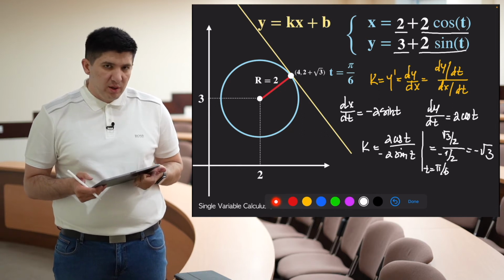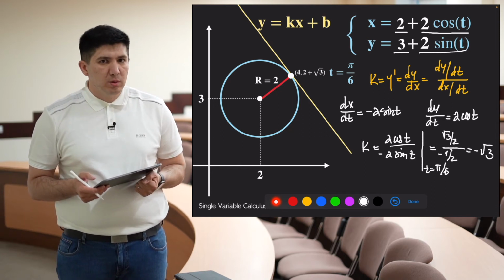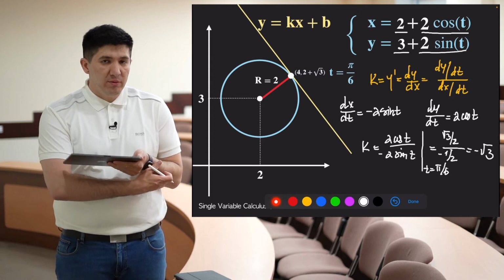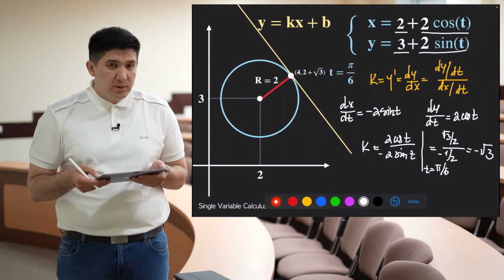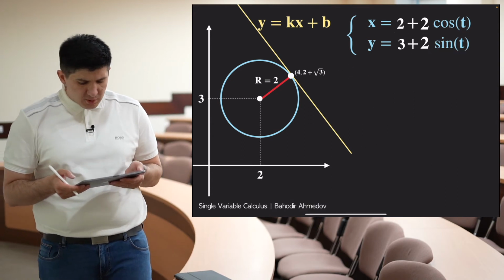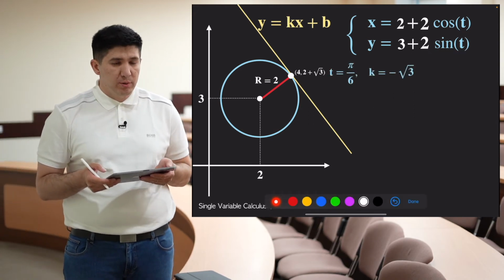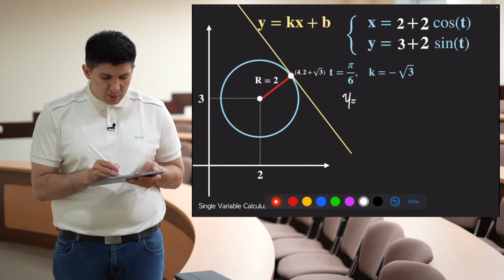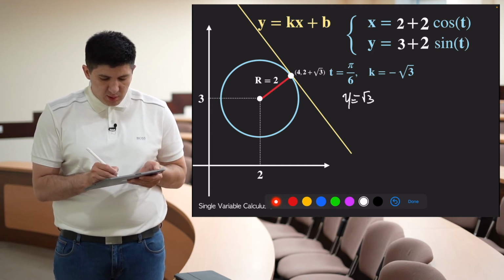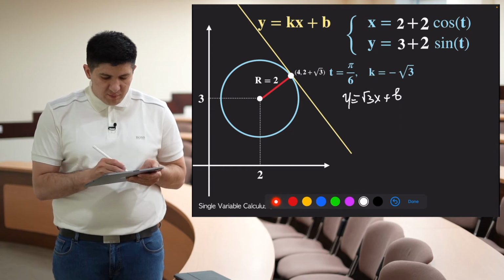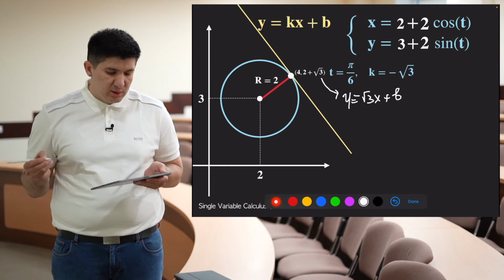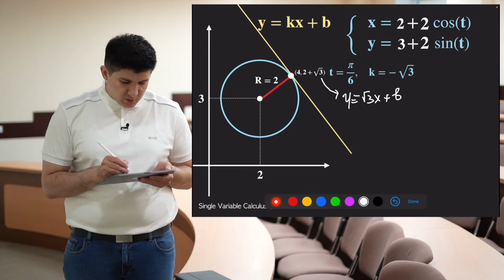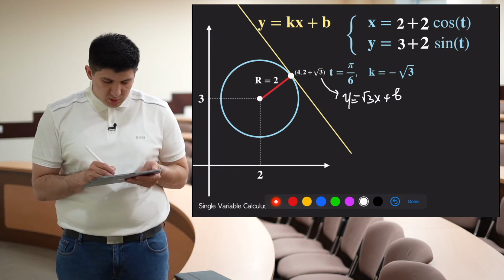And now in order to find the y-intercept, I just need to substitute the coordinates of this point into the equation of the tangent line, which I have found so far. And let's do this. The slope of the tangent line is equal to minus square root of 3. The equation of the tangent line is going to be y equals minus square root of 3 times x plus b. And if you substitute, for example, this point into this equation, it should be fulfilled. It should work. So I'm just going to substitute the y coordinates. It's going to be 2 plus,